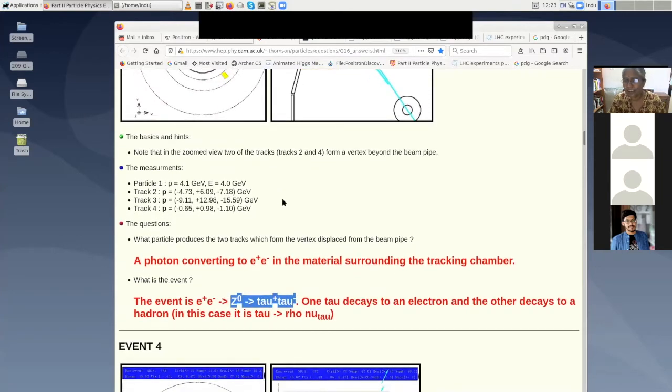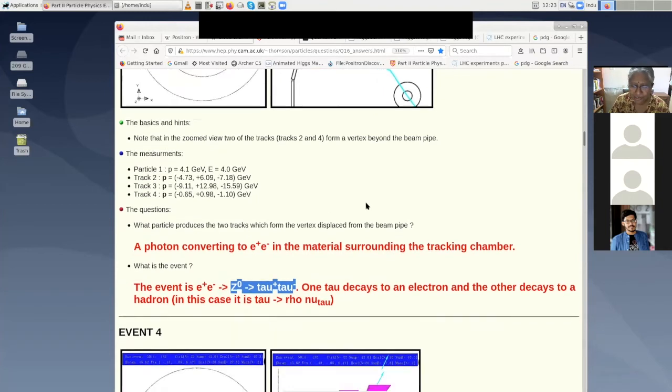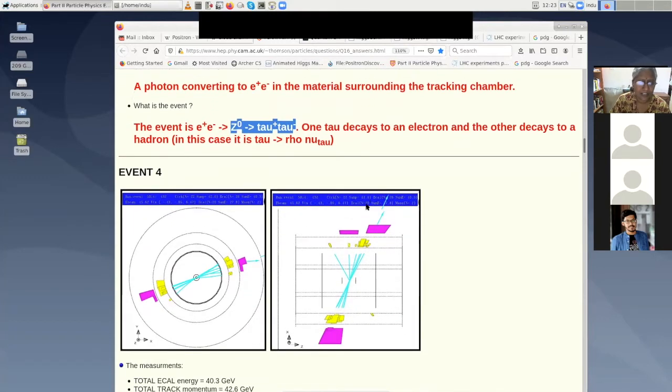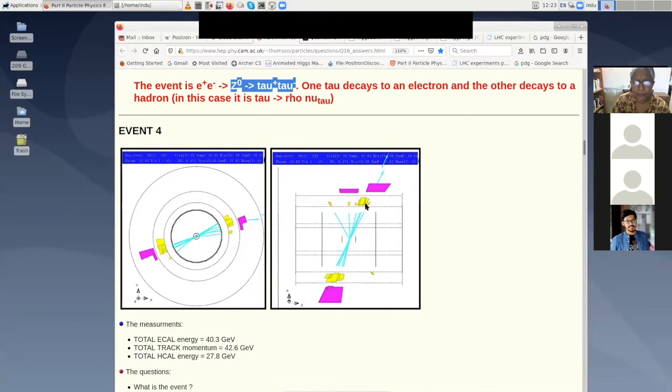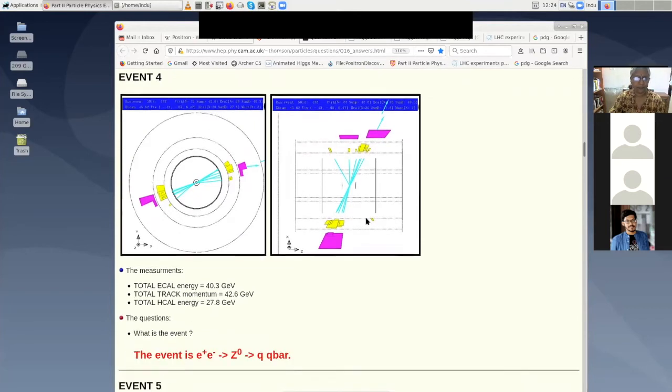Now we have finished all the leptons, right? So we had Z going to E plus E minus, mu plus mu minus, and now tau tau bar. So now what is left? Obviously the quarks, so Z can go to q q bar. So what is the process now? E plus E minus comes in with exactly the momentum which is half the mass of the Z, and then Z is produced at rest, and it decays into q q bar.